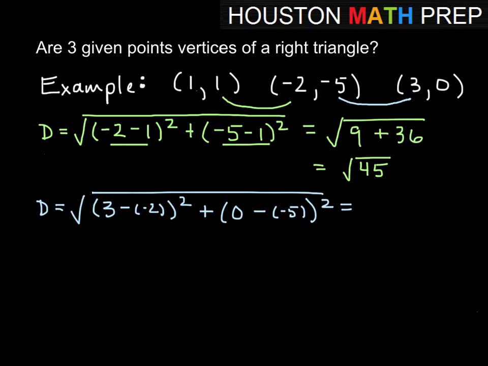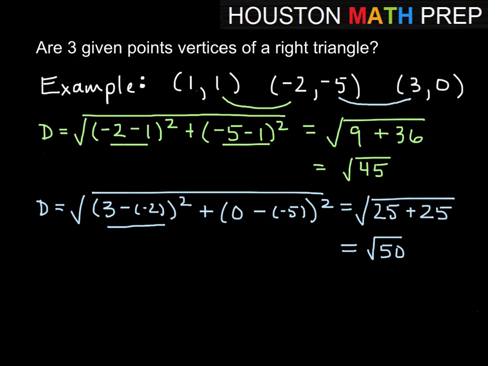Okay, so 3 minus -2 would be like 3 plus 2, which is 5. Square 5, and we get 25. 0 minus -5 would be 0 plus 5, which is 5. We square that, and we also get 25. So that gives us a distance of square root 50, which, again, I would normally reduce that radical, but here